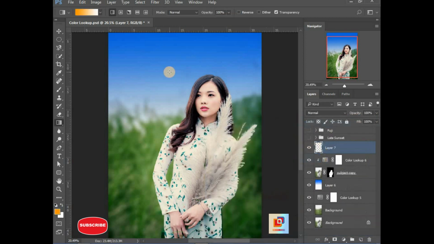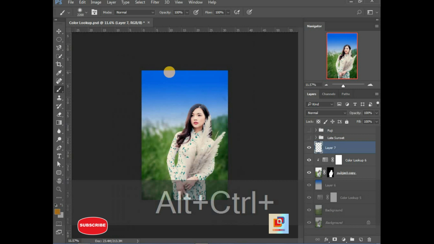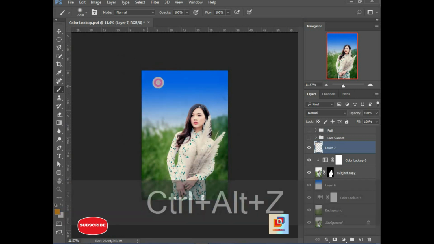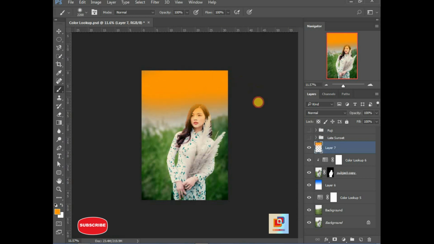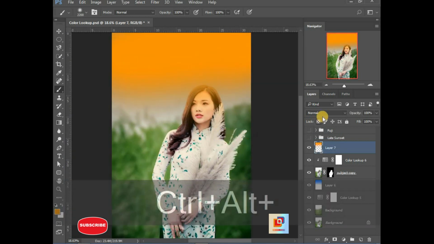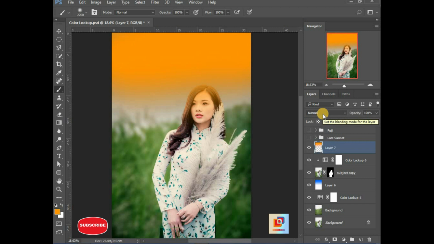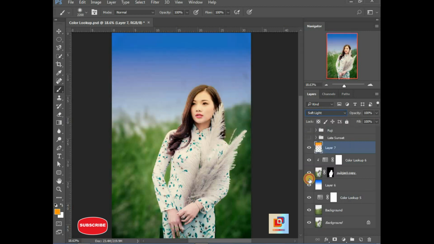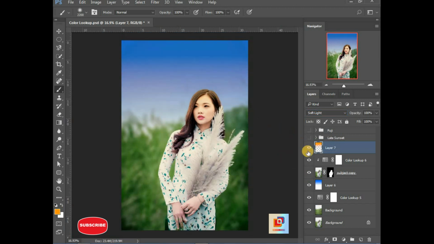Select your brush, you need a big brush, and paint over the sky. Now the most amazing thing, go to the blending option and change it to soft light. Here you can see the difference.